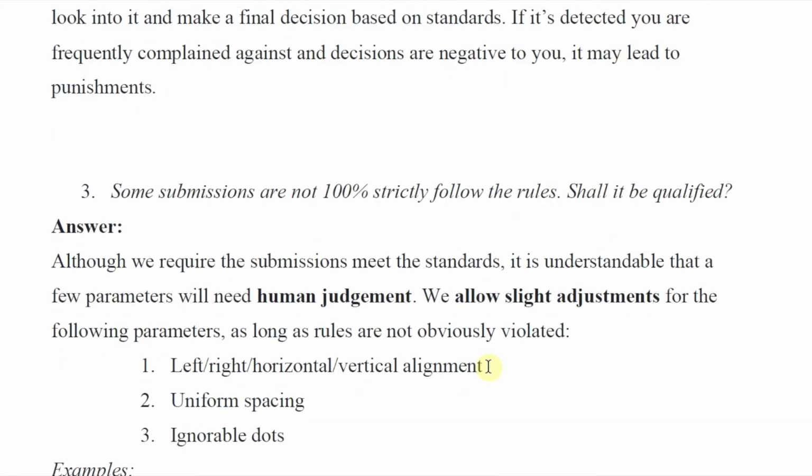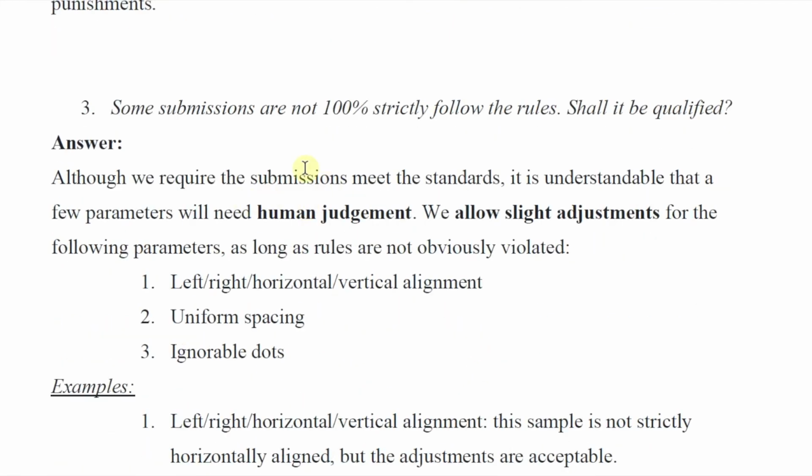The answer will be, although we require the submission to meet the standards, it is understandable that a few parameters will need human judgment. We allow slight adjustment for the following parameters. So we can allow slight judgment here, as long as the rules are not obviously violated.